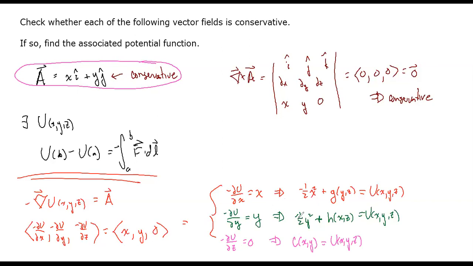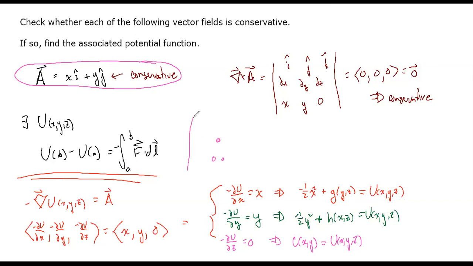So what we have is, just by comparing these, after you integrate all of them, you should be able to match. Okay, I have this unknown function of z, but for that unknown function of z there'd be information that I would get from the partial derivative with respect to z. And that information is that its derivative is 0, or it's just a constant. So essentially, the last step is I just match these. My function c of x and y needs to be the two things that I did have integrals for, the minus 1/2 x and y. So finally, by matching these, what I get is,